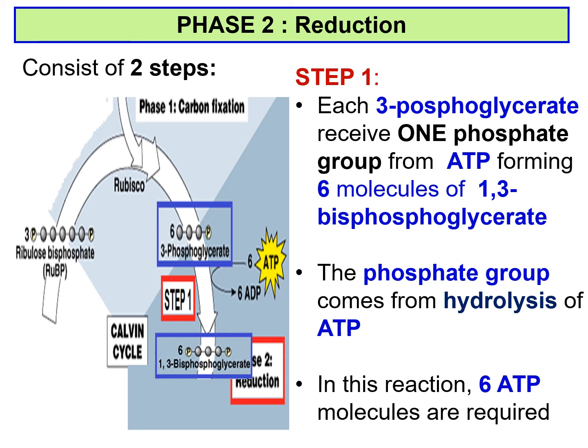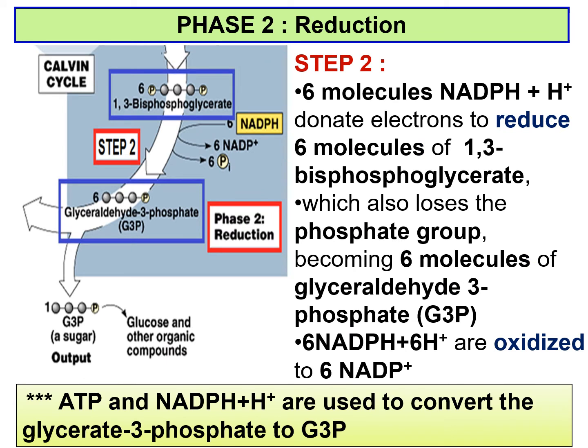So in this reaction, 6 ATP molecules are required because there are 6 3-phosphoglycerate. Remember? So for each 3-phosphoglycerate, 1 ATP is used. Then an NADPH will donate the electrons to reduce the phosphorylated molecules,